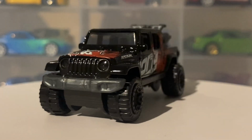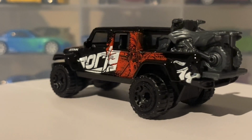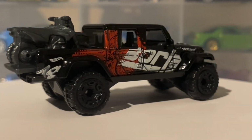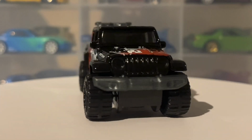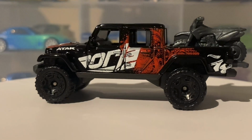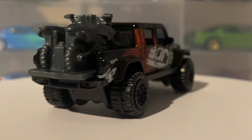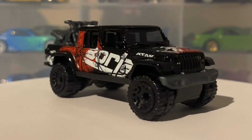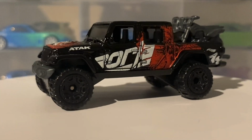So without further ado, let's get into some facts about this real life car before we get into the showcase. So this car in real life has two engine options that I could find: a 3.6 litre V6 or a 3 litre eco diesel V6 engine. I would assume the 3.6 litre engine is the best one and the more desirable engine choice, although the eco diesel seems to be having a better fuel economy. This car also produces 285 horsepower. I'm not sure which engine this is, but this is the fact that kept popping up,